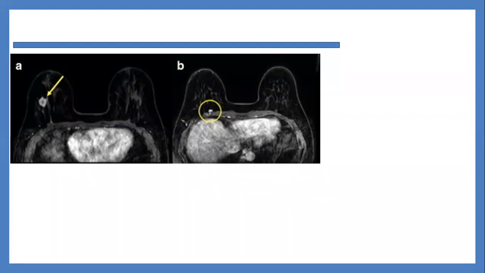It was invasive cancer. And in the posterior aspect of the breast, encircled with the yellow circle, there is a small another